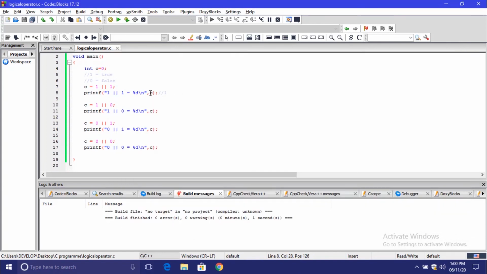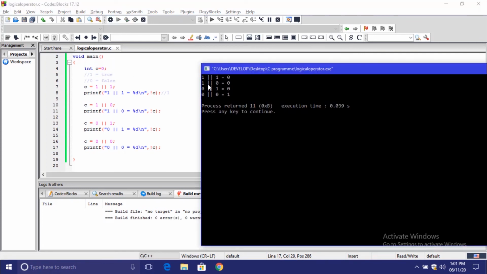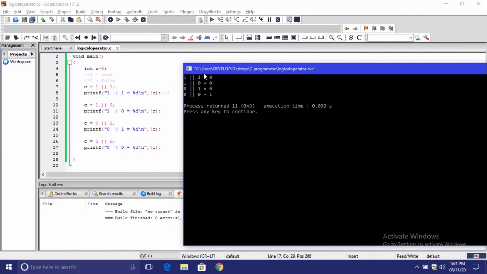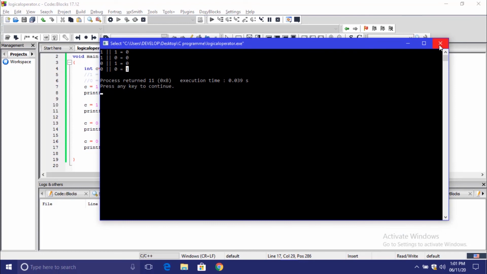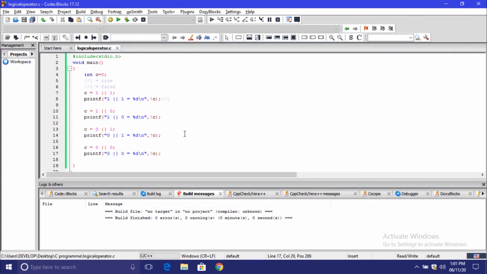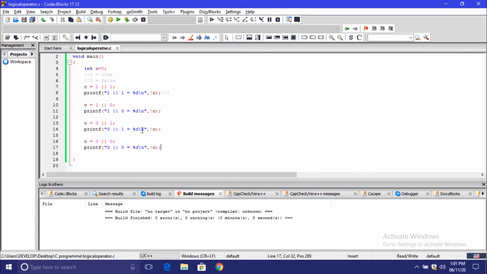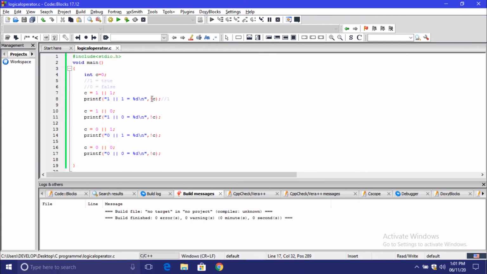Now see the example of the NOT operator. What you have to do is simply put the NOT operator before variable C in a print statement, and compile and run it. As you can see, it simply converts 1 to 0 and 0 to 1, which means true to false and false to true. So this is how you can work with the logical operators, and those are AND, OR, and NOT. In the future, we will use these in decision making such as an if statement, or in a loop to control how many times I want to execute the loop.